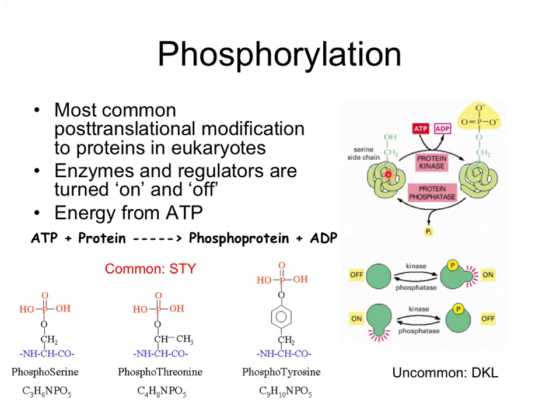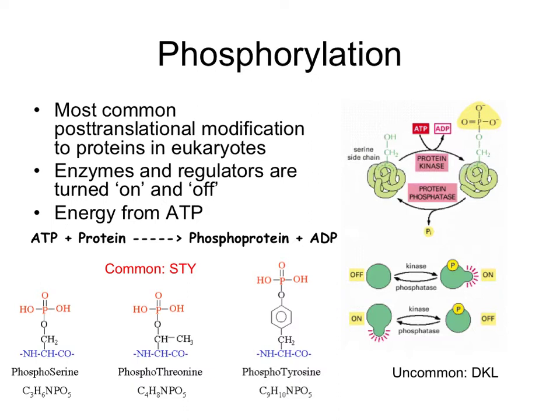The kinase will, for example, recognize serine in the presence of ATP and generate the phosphoprotein, and then protein phosphatase does the reverse reaction by removing it. So you're essentially taking something that has a hydroxyl group and adding negative charge to it by adding this negatively charged phosphate group